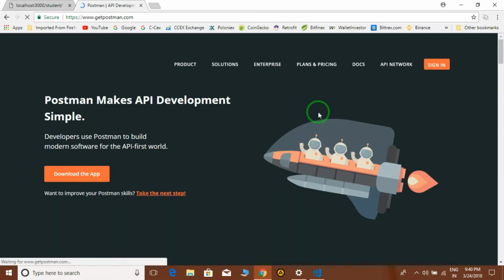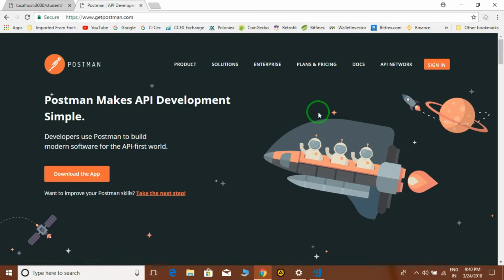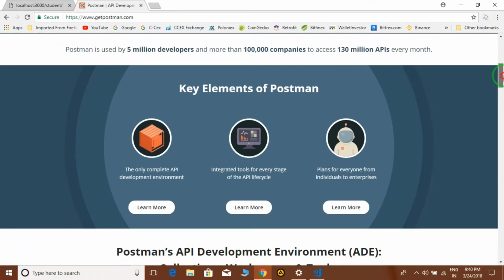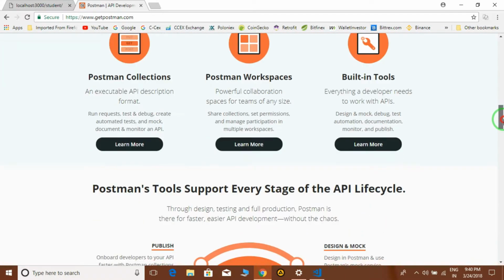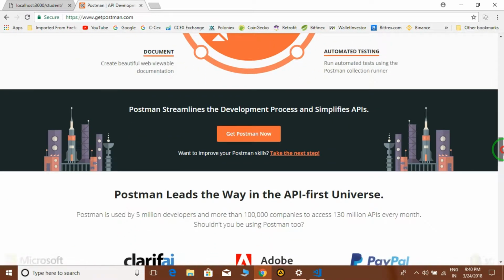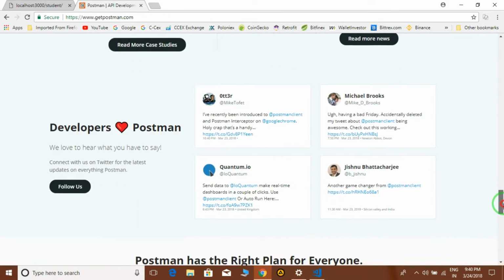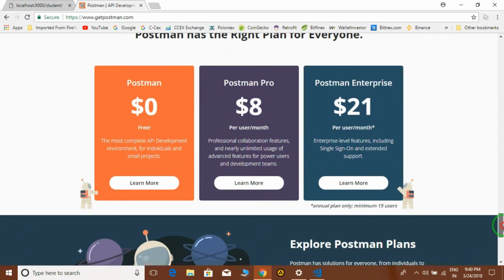By using this Postman software, we can test all kinds of methods like GET, POST, DELETE, and UPDATE. This software is used commercially and is also open source. There are so many things available in this software. It is also free. For development purposes you may have a professional or enterprise plan, which you can pay for also.